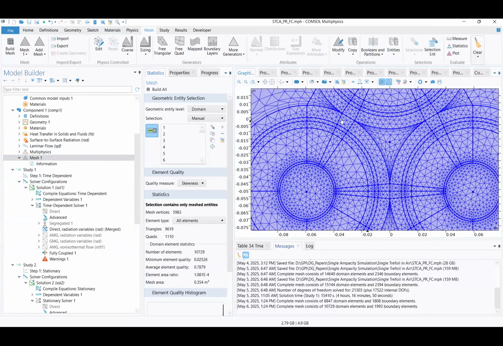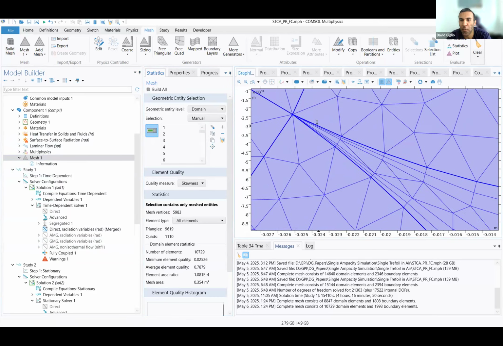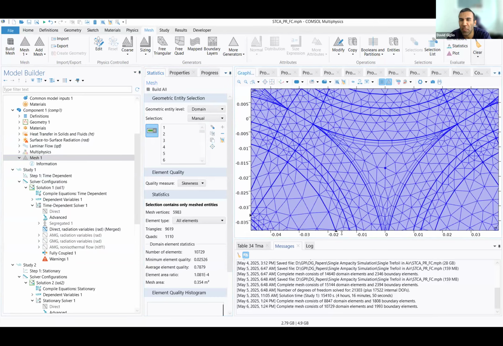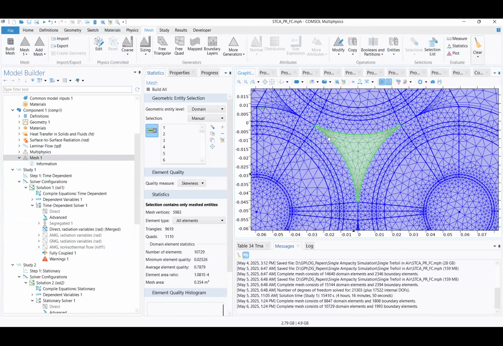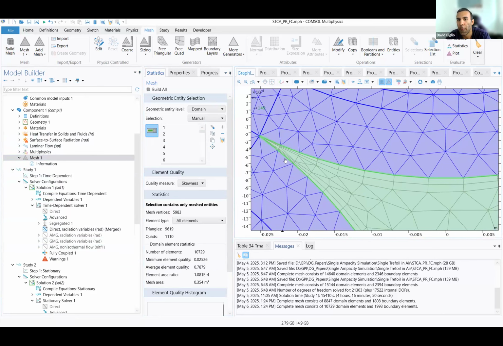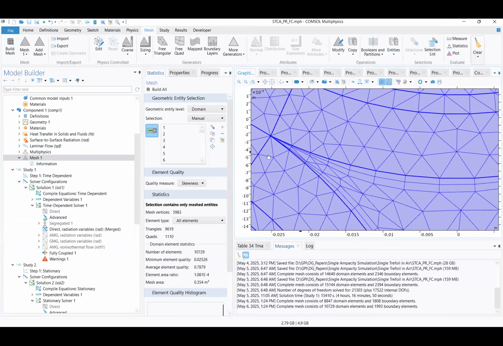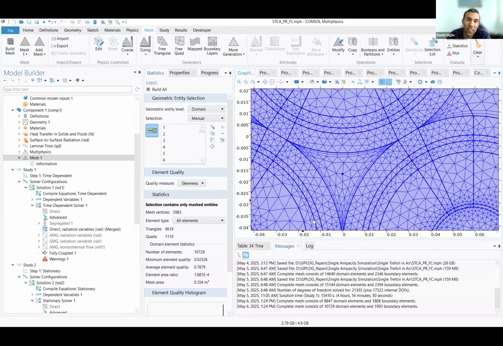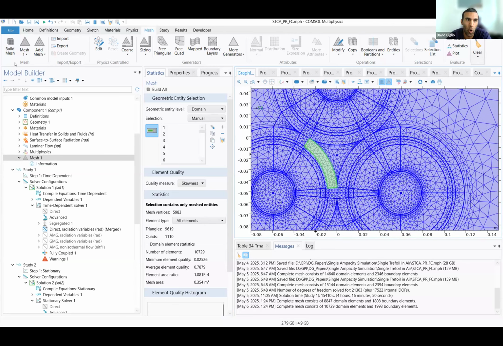What about if you do extremely fine? Look what happened here. Yes, you don't have control of how the boundary layers are placed, right? And those triangles are going to give you a lot of trouble. Exactly. So this could be the reason why you have convergence problems. But if I go back,